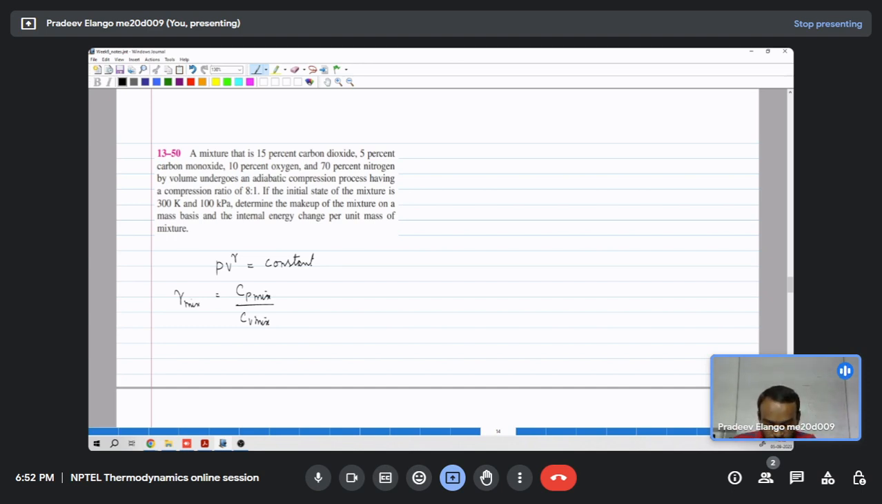So to calculate the Cp of the mixture, it is the summation of mass fraction, or you can have volume fraction, times Cp. So this is again on a molar basis. Cp on a molar basis is represented as Cp bar. To calculate the Cp bar,